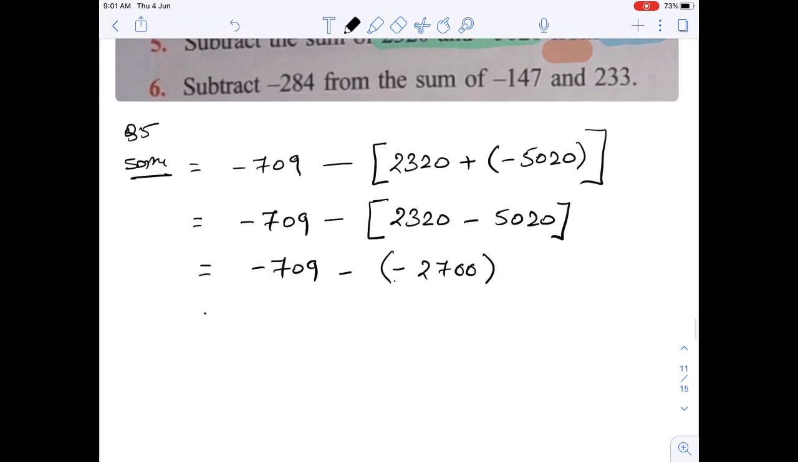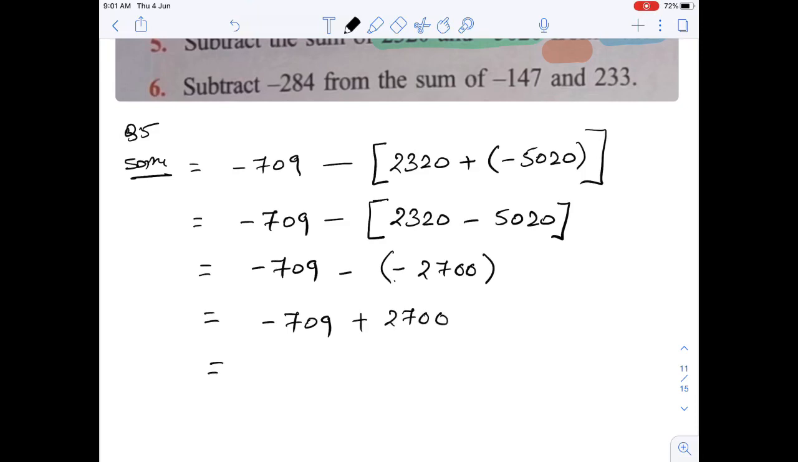Equals to. Now what you have to do? Keep this number minus 709 as it is. So you will get minus 709. Now here it can be seen that a negative sign is followed by another negative sign, means they both have the same sign. So we will replace it by plus because same signs are present. So now plus